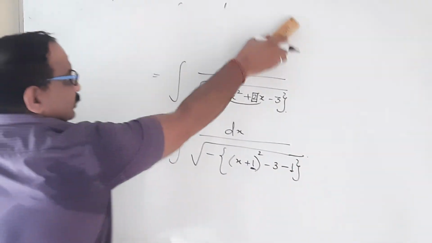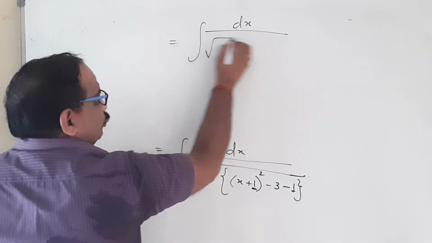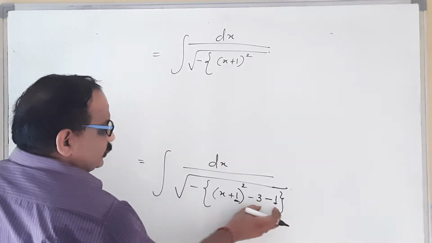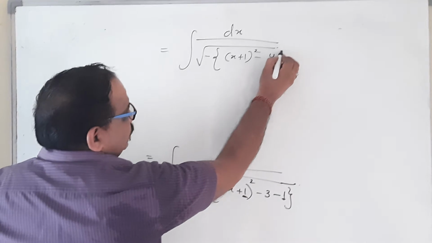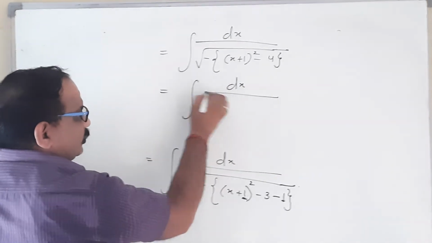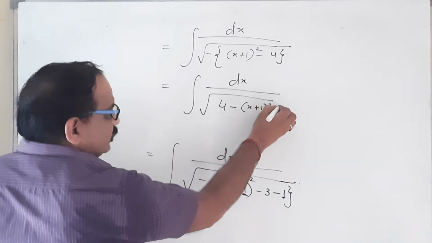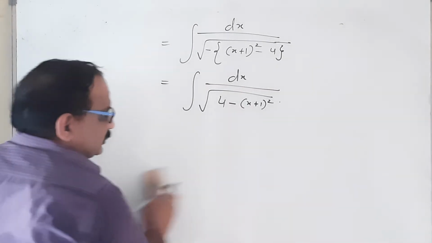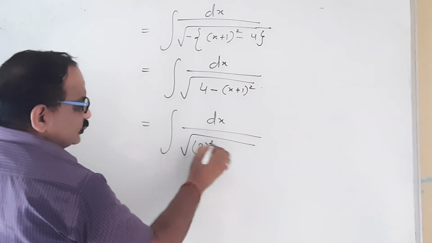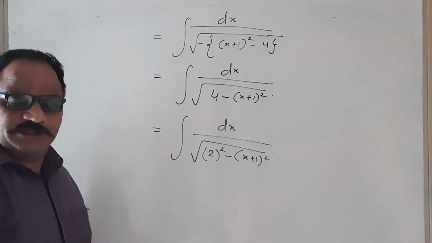Like this. Now further, there is dx upon under root of, this negative sign is still out. Here is x plus 1 whole square, and they will be combined, minus 4 and so on. Bracket closed. Now this minus sign should move inside. So there is, guys, dx upon under root of, this minus moves inside, that becomes now 4 minus x plus 1 whole square, and we have made the perfect square. Now here is dx upon under root of, this 4 can be written as 2 square minus x plus 1 whole square. Now it's an ideal situation to put the formulation here.